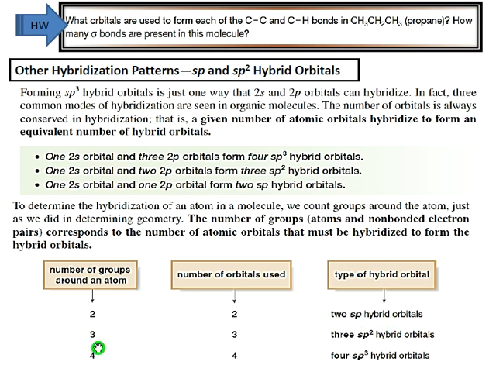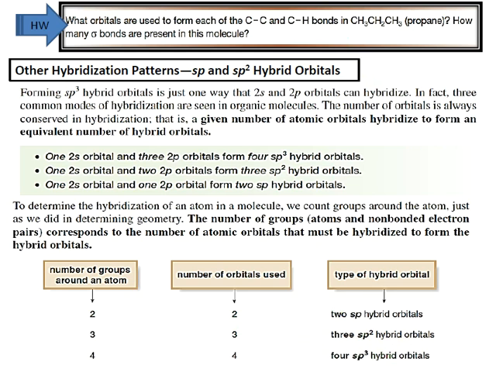And if the carbon is surrounded by 3 groups, that means the number of orbitals used is 3, and the hybridization will be sp2. And if the carbon is surrounded by 4 groups, that means the number of orbitals used is 4, and the hybridization will be